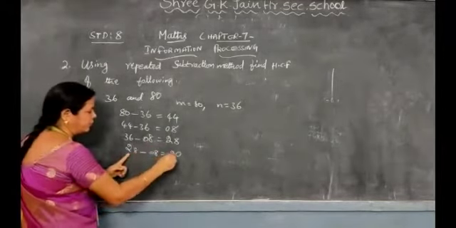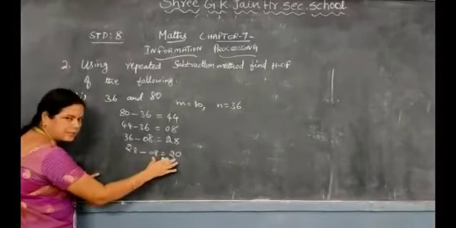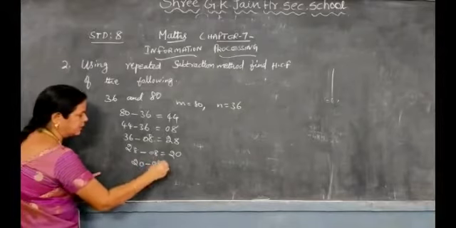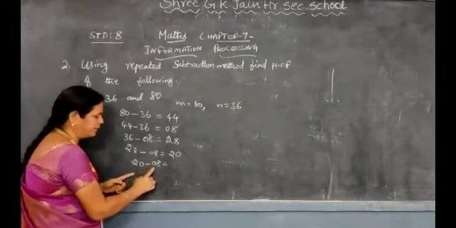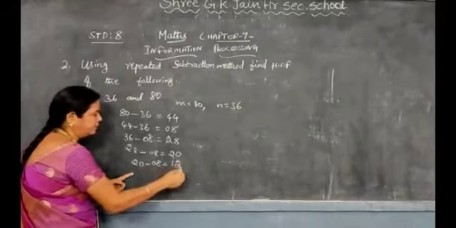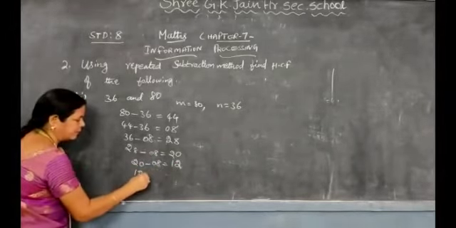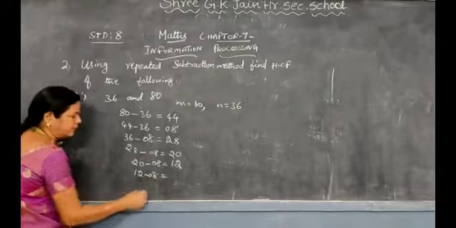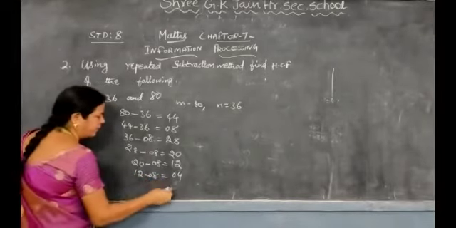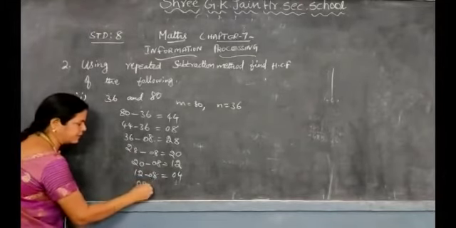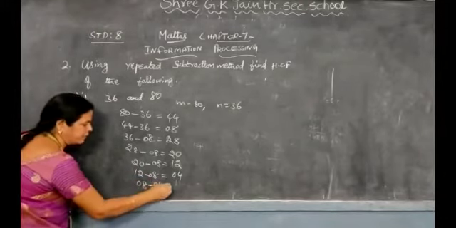Okay, then 2. Again from this number, here the answer is the bigger number. So from this 20 minus this 8, how much will you get? 12. Isn't it? Again the answer is bigger. So 12 minus 8, then you will get 4. Again here, the second number is the bigger, so take that first. 8 minus 4, how much will you get?